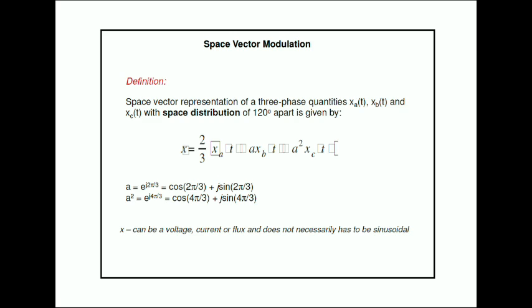In space vector modulation, we represent the voltage vectors in space in space vector format. By definition, the space vector representation of three-phase quantities xa of t, xb of t, and xc of t, with space distribution 120 degrees apart, is given by: